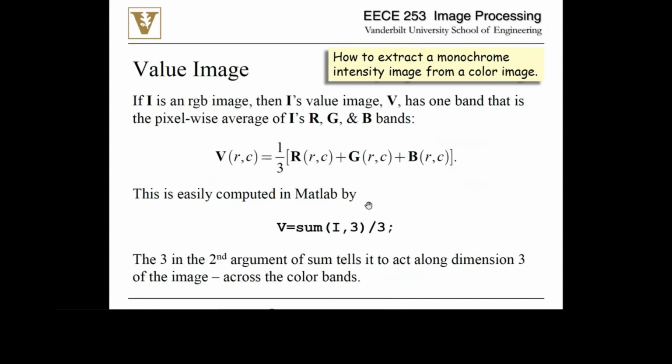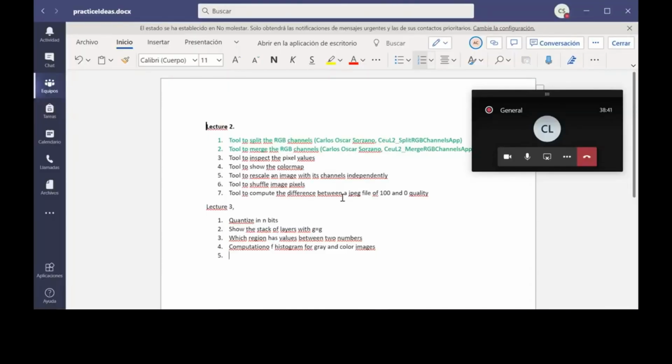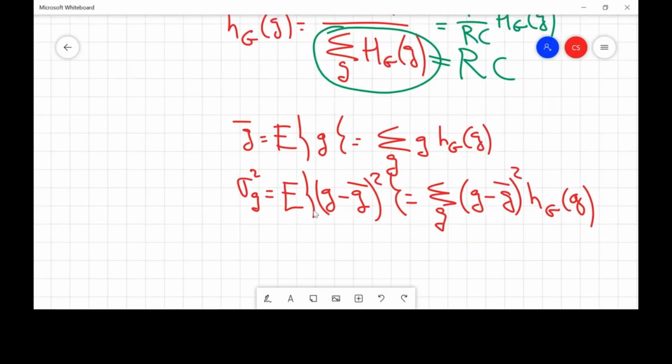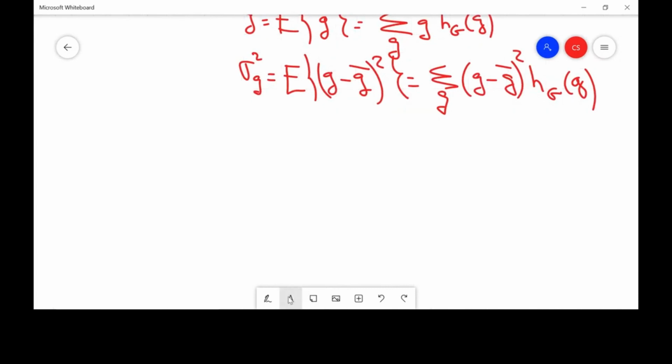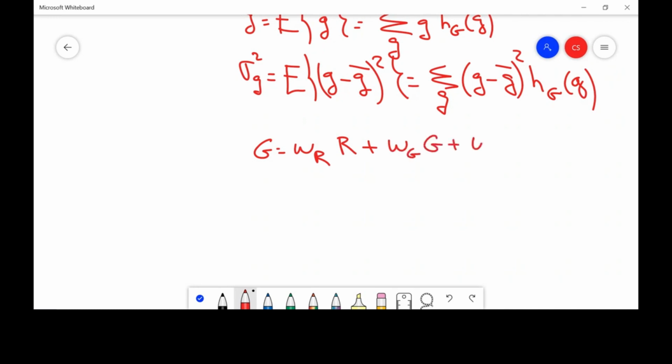This formula here is red channel times 1/3, green channel times 1/3, blue channel times 1/3. So the luminance, or whatever gray image, I will call it G for gray, is a weight on the red channel times the red channel, plus a weight on the green channel times the green channel, plus a weight on the blue channel